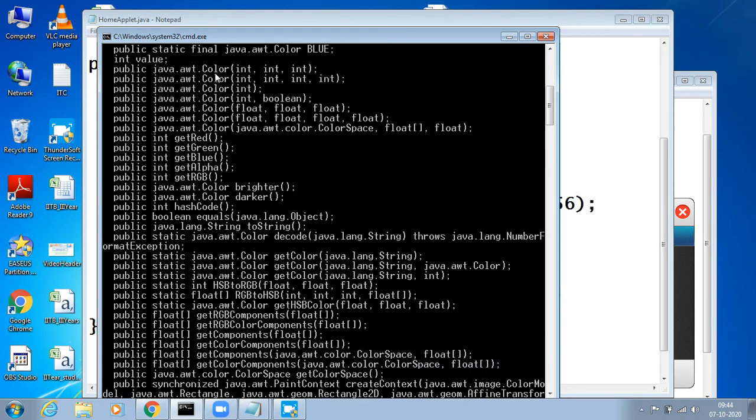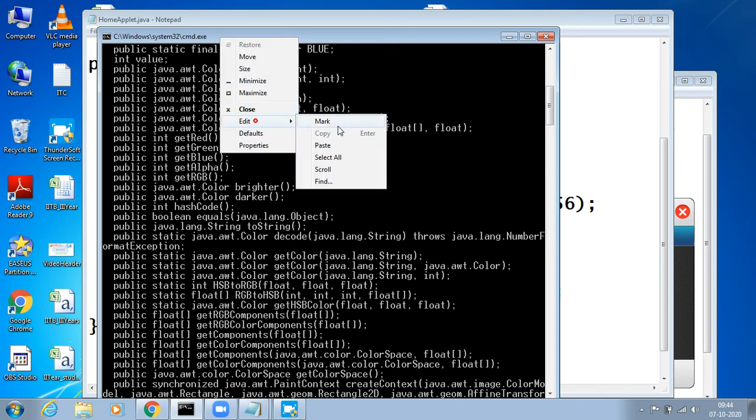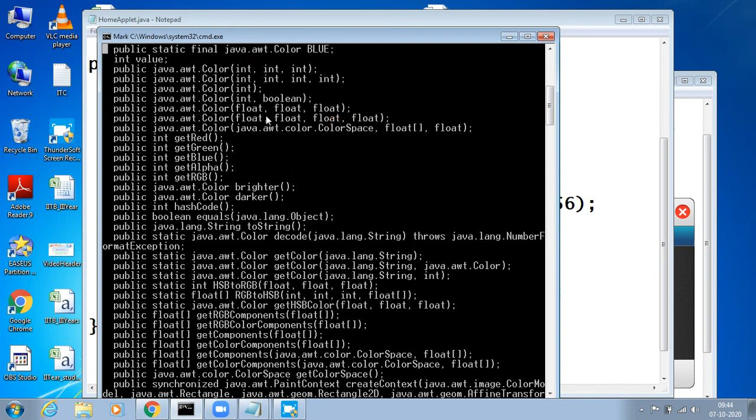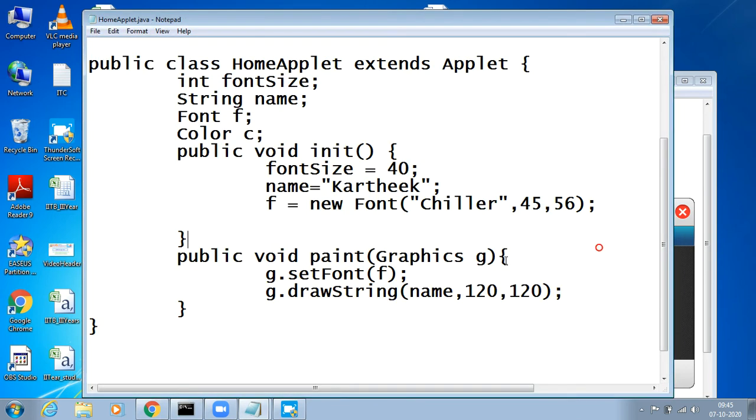See, color has a very important thing, RGB coding, meaning red, green, blue. You have to give the values of the colors. So give 3 integer values to apply a color. For example, I have declared a color object here, and you can say c equals new Color(125, 135, 167).